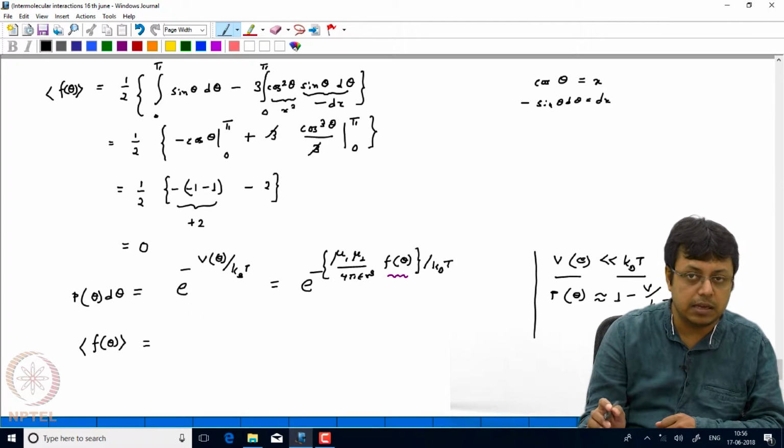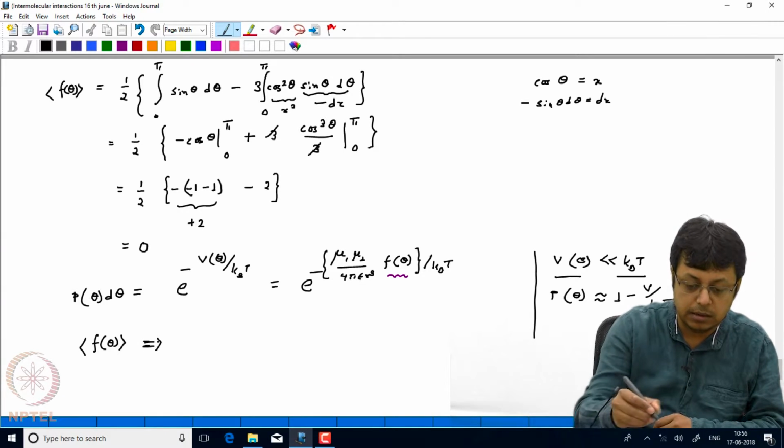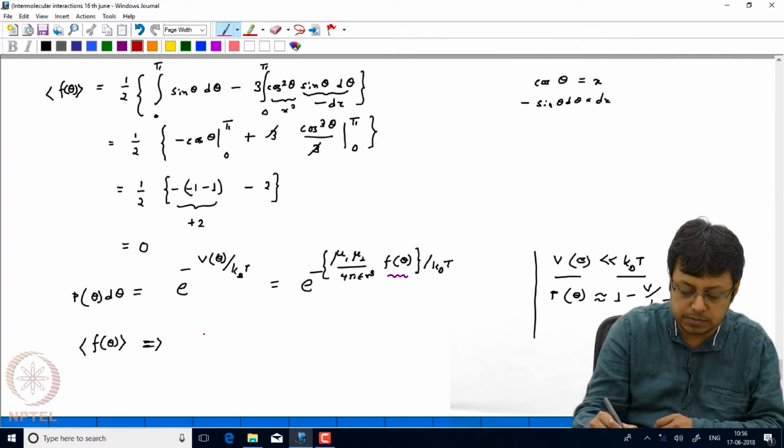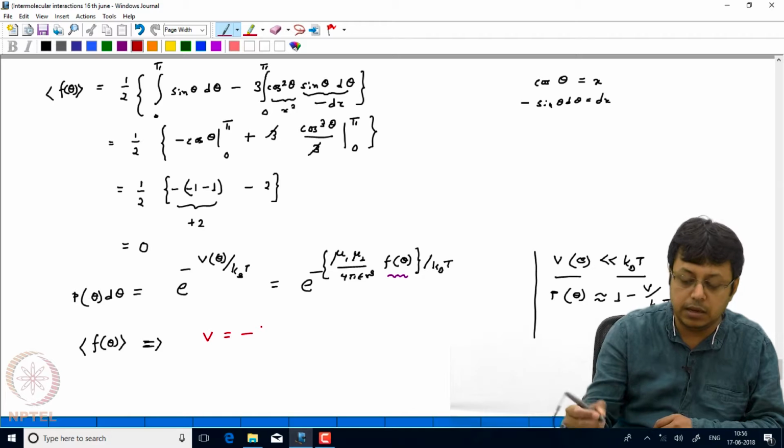I am writing the final expression, and that expression will give us something like the interaction potential for the two dipoles